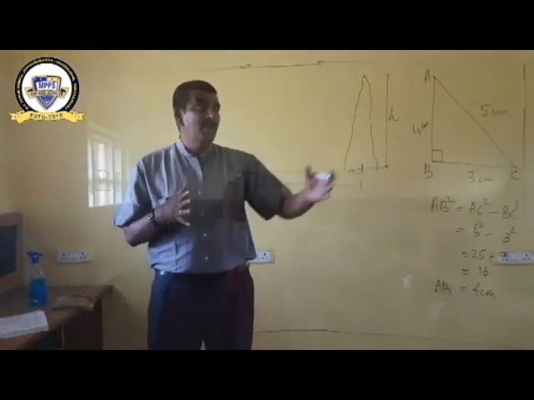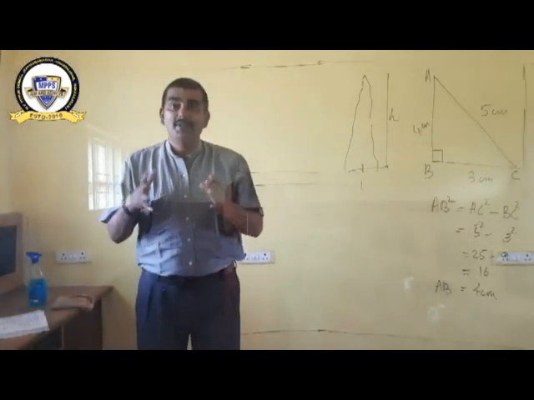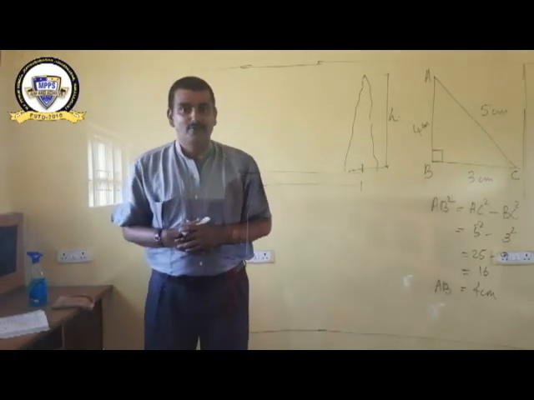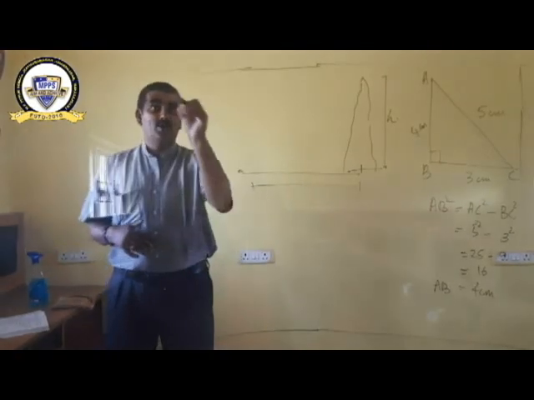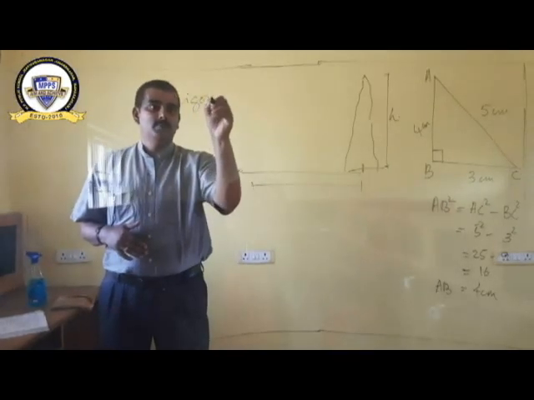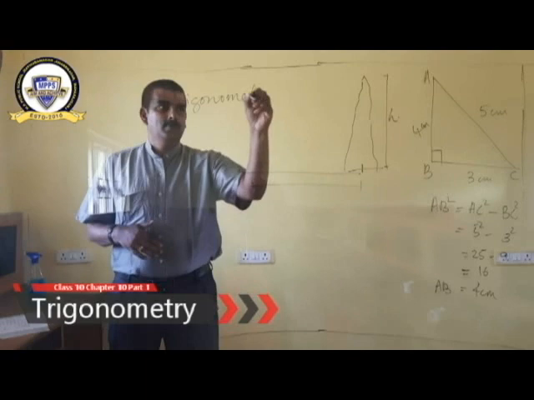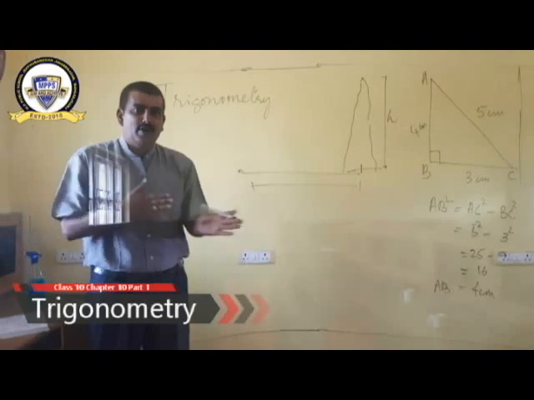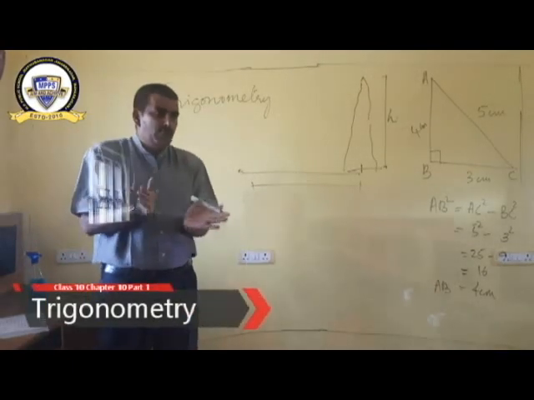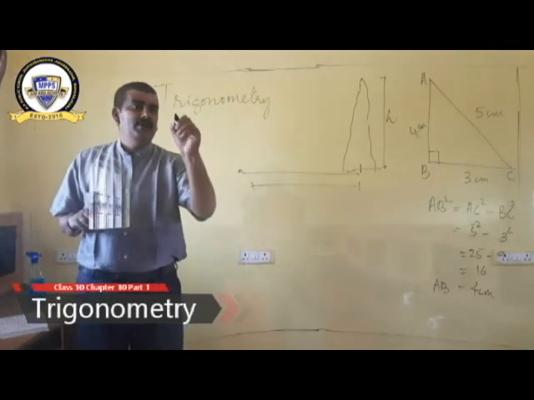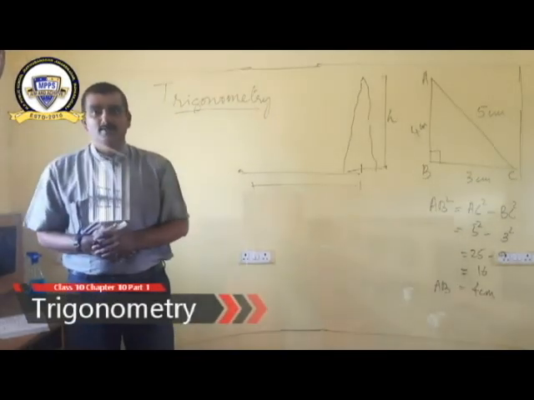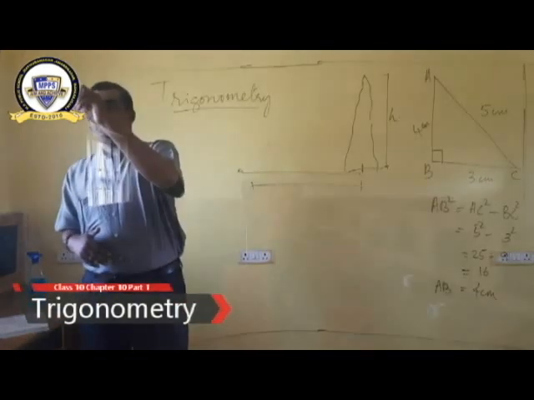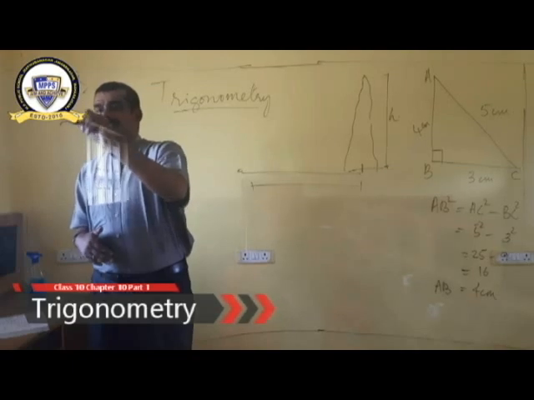So, without measuring the height of Qutub Minar, what will be the height of Qutub Minar? If you want to say, that can be possible by the use of a branch of mathematics that is called trigonometry. See, without measuring anything, if you want to find the height, the depth, or the length, that can be easily possible by the use of trigonometry. So today our topic is trigonometry. This is of class 10, lesson 8.